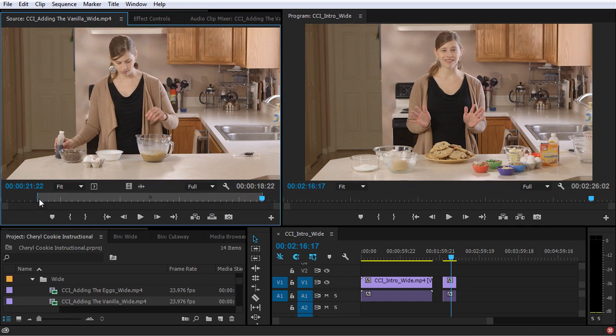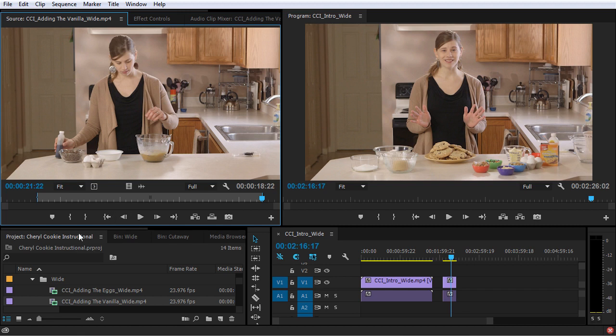Now, you don't have to get really specific with the in and the out points in the source monitor. This is more of a higher level marking of the in and the out point. And then you can get into the refining of the actual edit points once it's in your sequence. And then you can see how well it flows from the previous clip and trim up the beginning and the end to make it really nice. But this is the process you want to do before you add this to your